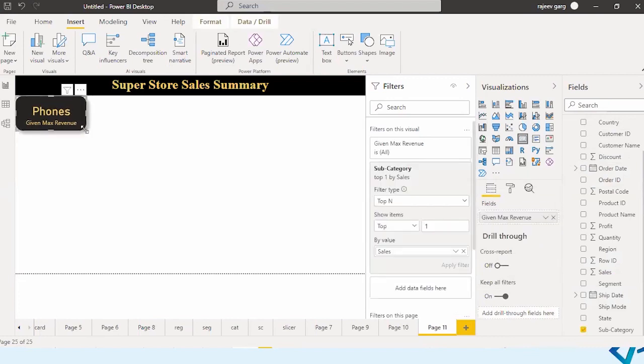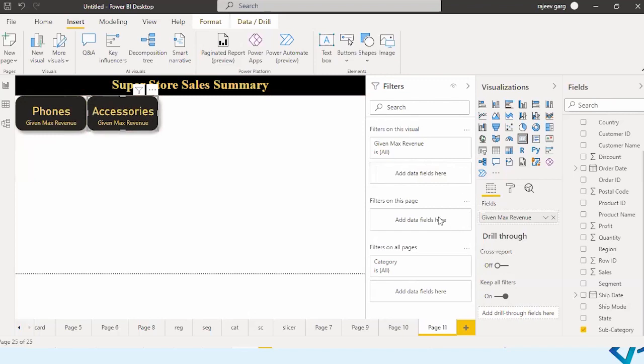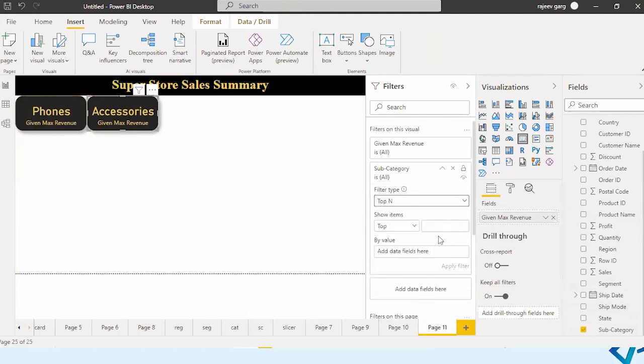I can just copy paste this visual so that I need to do the minimum effort. Instead of this, I will take maximum profit generating. So I will put the sales into the subcategory into this. Instead of basic filtering, I will say top, top one on the basis of profit, and I will say apply filter.